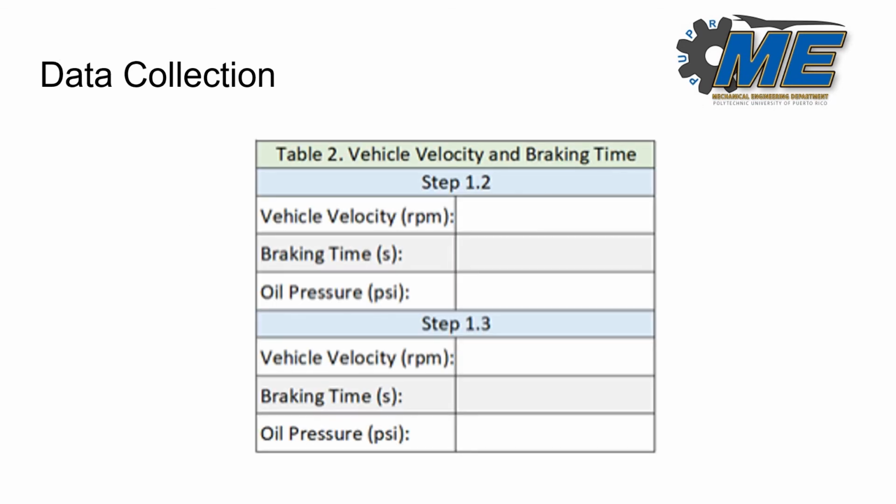Finally, for this experiment, this is going to be the table we're going to be using to collect data. Basically, we're going to have vehicle velocity in RPMs. This is going to be our wheel speed from the RPM sensor. We're going to have our braking time, which is going to be the time measured by the stopwatch. Our oil pressure in PSI is going to be our hydraulic line pressure. The vehicle velocity in RPM, braking time, and oil pressure, we're going to take these twice and then average them so that we can have a final